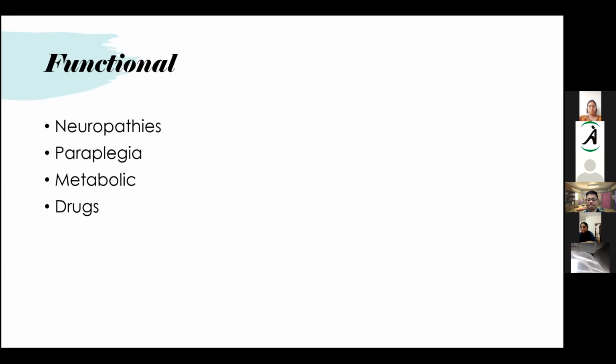So paraplegia is common in cancer, because there can be some metastasis to the vertebral bodies, which can cause some compression on the spinal cord. In paraplegics also, it is common. Another cause would be metabolic. As we all know, hypokalemia, hypomagnesemia, all those things can cause paralytic ileus and can cause functional bowel obstruction. Another important example for functional bowel obstruction, especially in the scenario of cancer, would be some drugs.